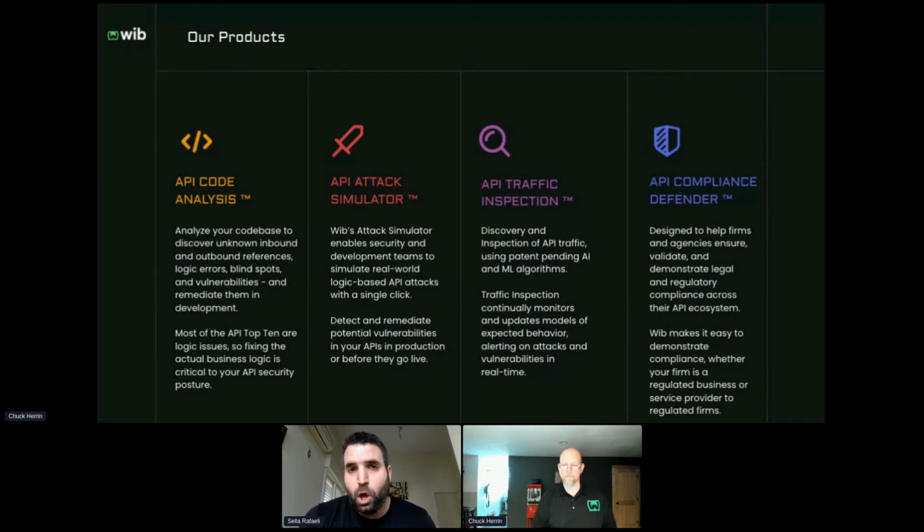So upon each commit, the security team can be alerted and informed if there are new issues that need to be addressed. We recommend piping this into a CI/CD pipeline so that developers can get instant feedback each time they make a code change, each time they deploy something as part of their code base. Using the code analysis, the security team can make sure that all the well-known vulnerabilities are scanned within the code base during each part of the development pipeline and gives them, no less importantly, visibility into all the API endpoints that exist.